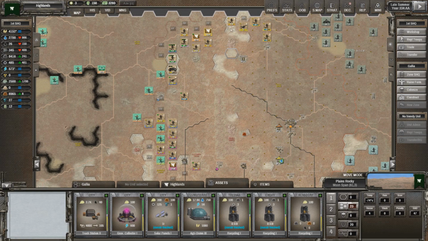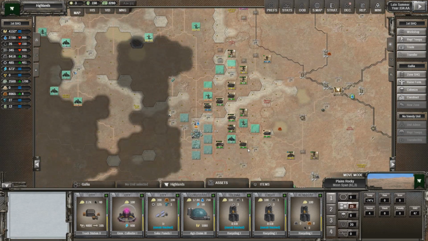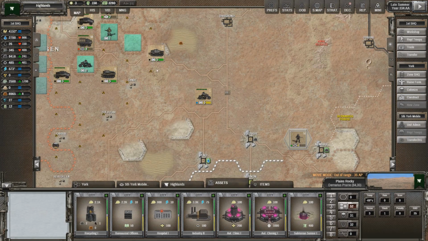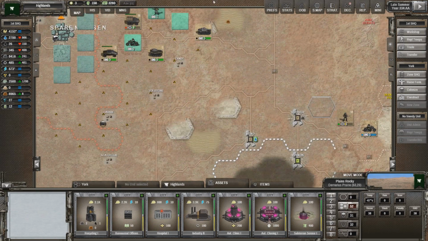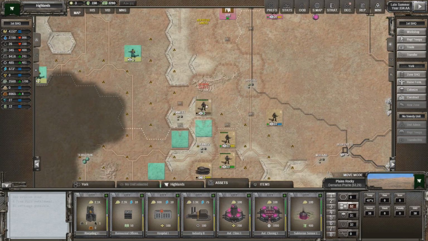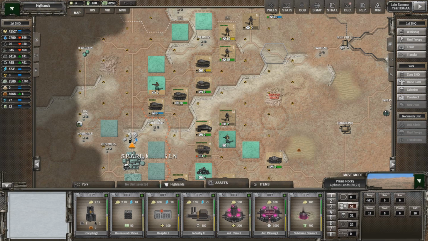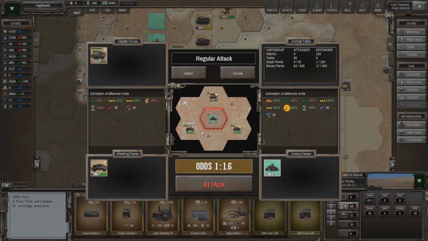Alright, we got 2 brigades worth of troops coming in from the north here. Down south here, that motorcycle just died from what was essentially just withering on the vine. That's great. Okay, they pulled back there. Okay, let's...